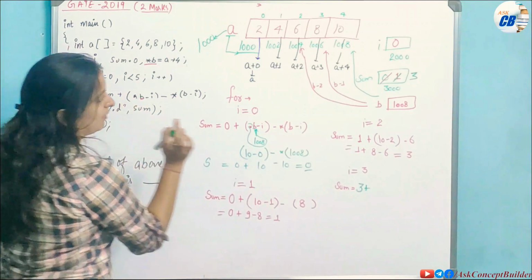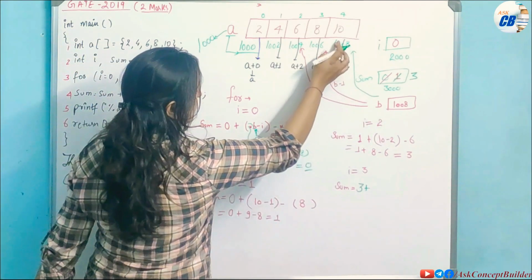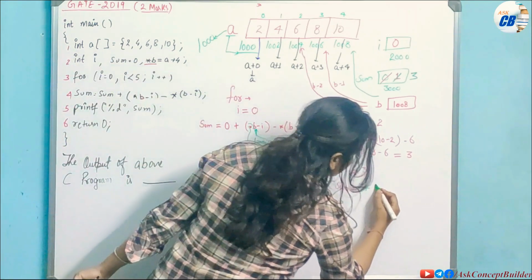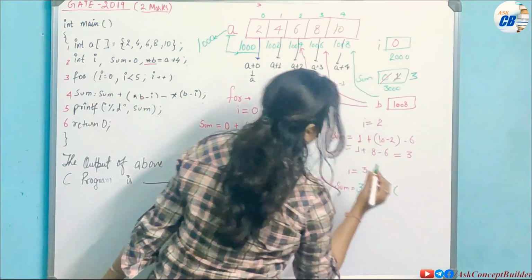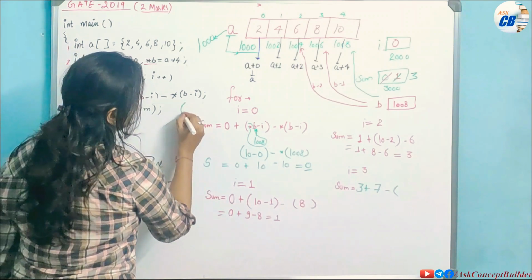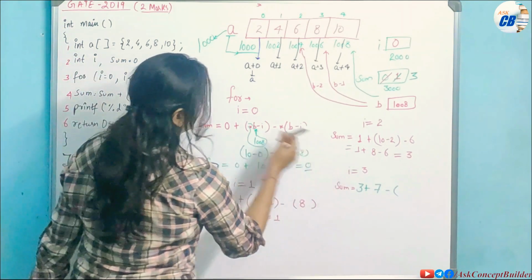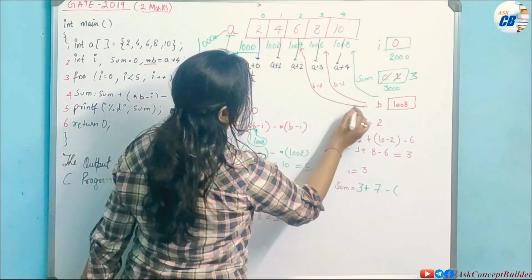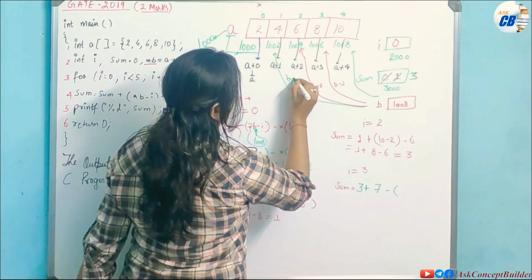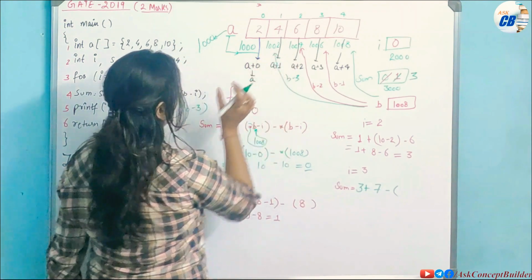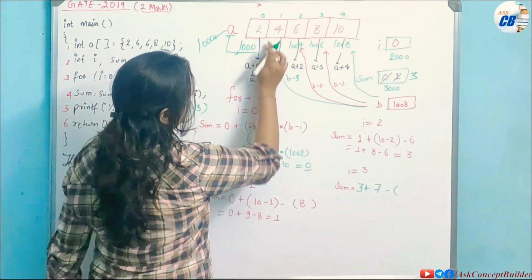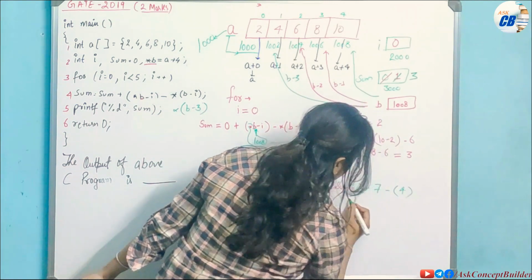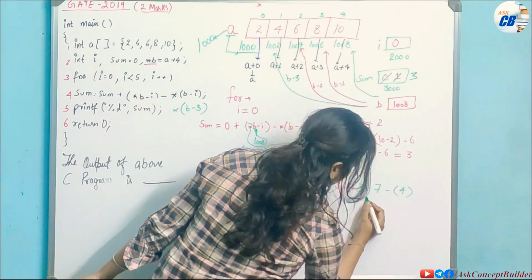So b is again 1008, the value at 1008 is 10, and 10 minus I means 10 minus 3 will give you 7, minus again b minus I. Now b is 1008 and I has become 3, so b minus 3. You have to find the value at b minus 3, star at b minus 3. The value at b minus 3 is 4, so this will become 4. Now 7 plus 8, 10, 10 minus 4 is 6.